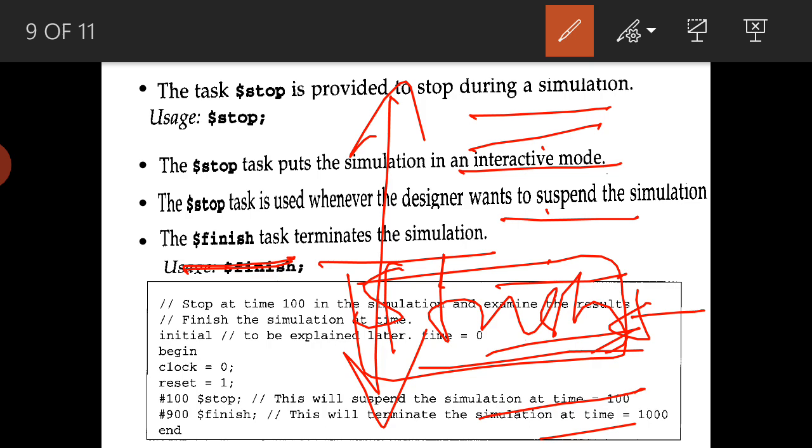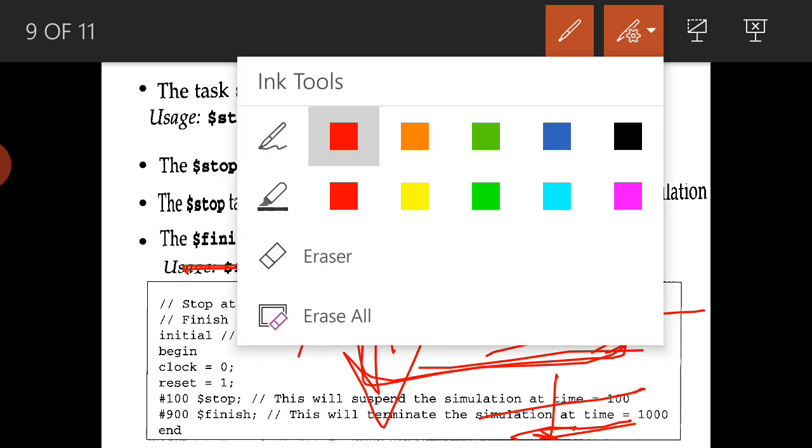However many times you run, it will terminate here itself, it will not go further. If I want to see intermediate results, then I put stop at different places, see the values, again uncomment, again run, and it will continue until it finishes, either at the end of the simulation time or at the dollar finish we have mentioned.